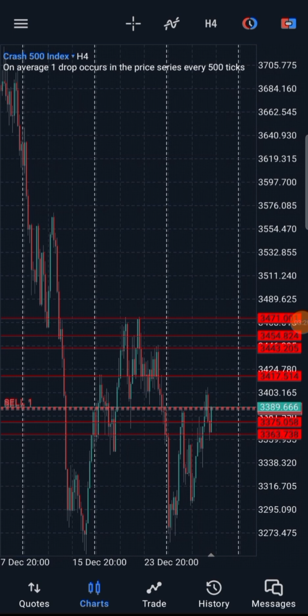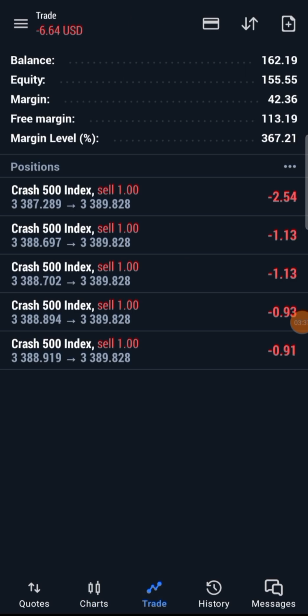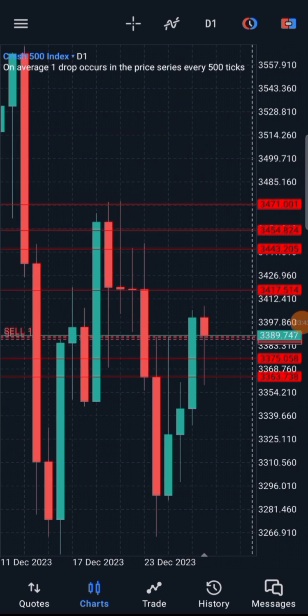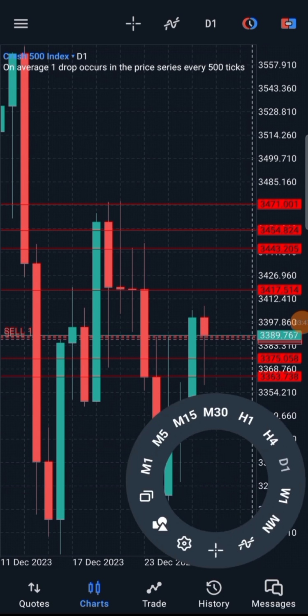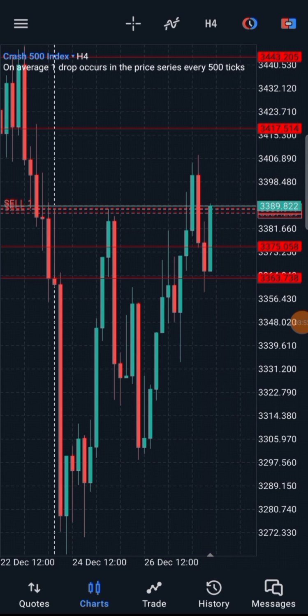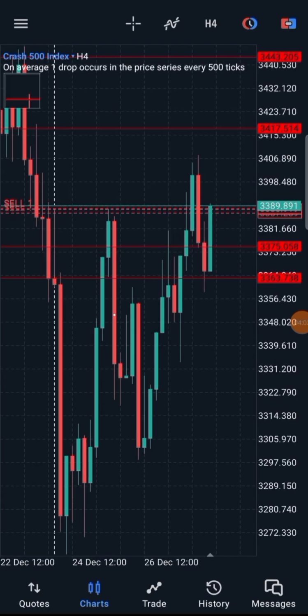But at times I don't wait for that. I close, so I can take some profits with me, because at times if you wait for that, excuse my voice, at times if you wait for that, the price can retrace and take in your profits, leaving you with a loss. So you don't want that. So at times it's best if you get a trade like this, you make profits, you can close some, then